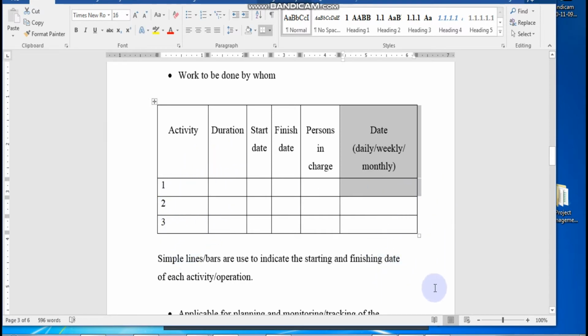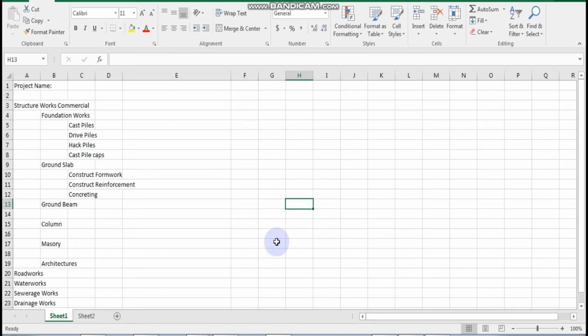So if I show you the work breakdown that we did, for example, this is a sample of work breakdown. This is your layer 1, layer 2, layer 3. Here you put your duration for every one of these activities, then the start date, the finish date, and then you start to draw your schedule.